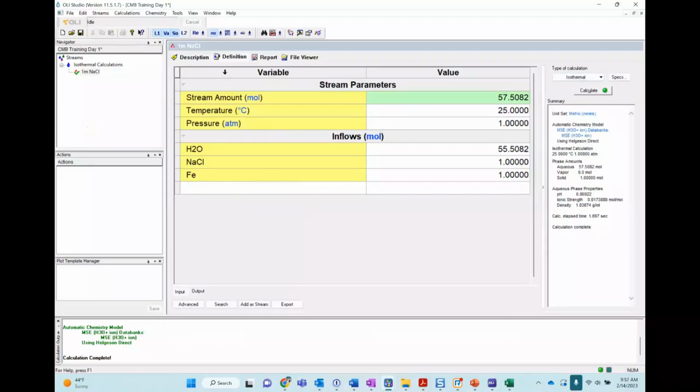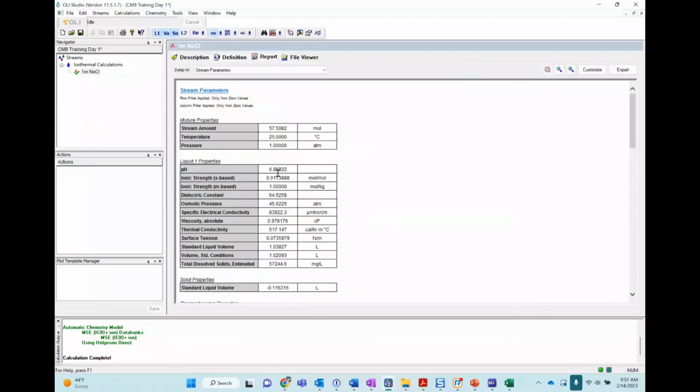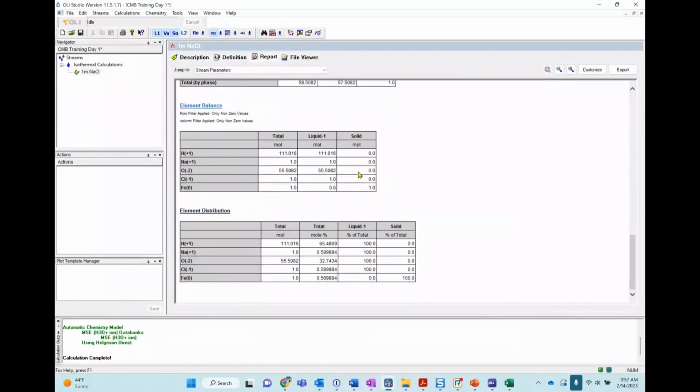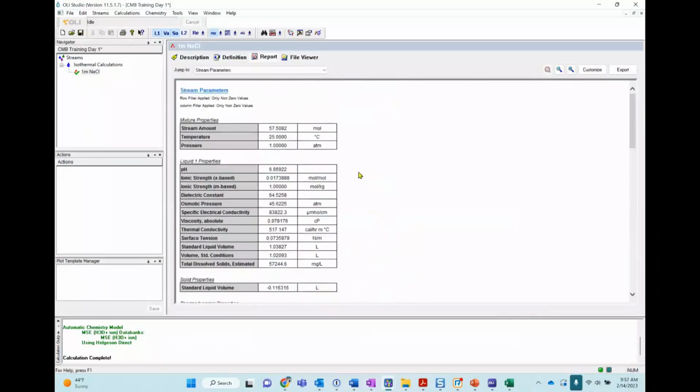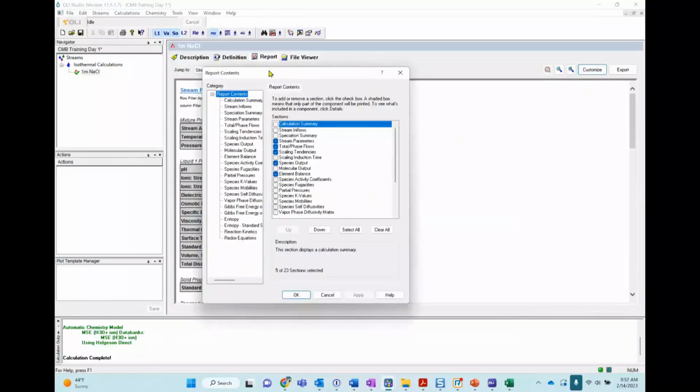going to the report. When you go to the report, you will see several tables. If you scroll down, we have several tables here available to you. If you don't see the results you want, you can always customize this view. If you click on the customize button, that will open a new window, and it's going to tell you which tables were enabled and which tables were not.